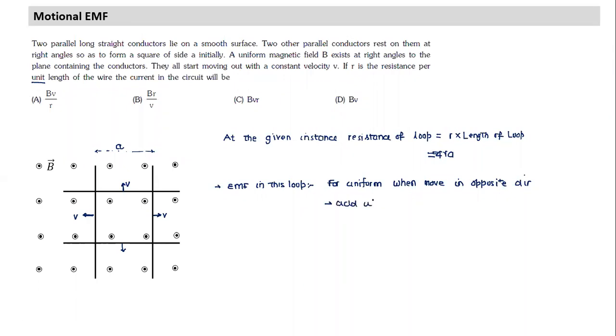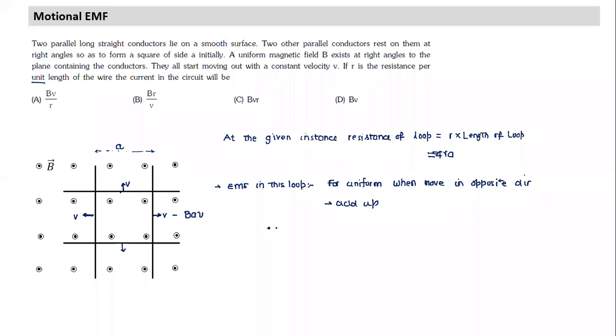So one way of thinking would be, this rod will have an EMF. What is the EMF it will have? B into L into V. So B, length is A, into V. So this is BAV, this also will be BAV. Similarly, this also will be BAV, this also will be BAV. And all are creating effect in the same direction. Why are all additive? Can you give a logical reason why we can add all the EMFs? Flux is increasing, and all are tending to increase the flux. So all are having the same effect.